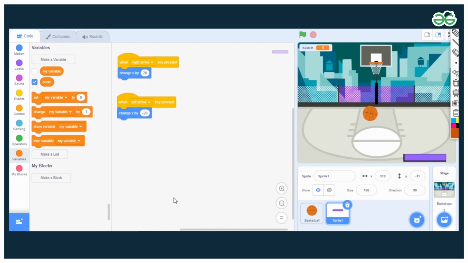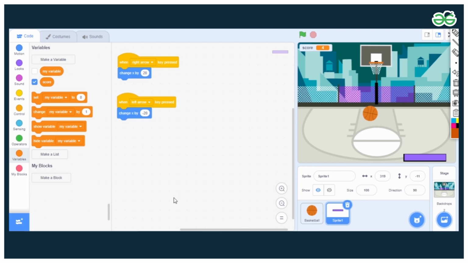Everyone, in this video, we'll see how we can create games using Scratch. For creating a game, first of all, we should have some characters inside the game, some objects inside the game. Also, we need to have the score for that game and we need to have control on the characters, or we can say on the objects inside the game.